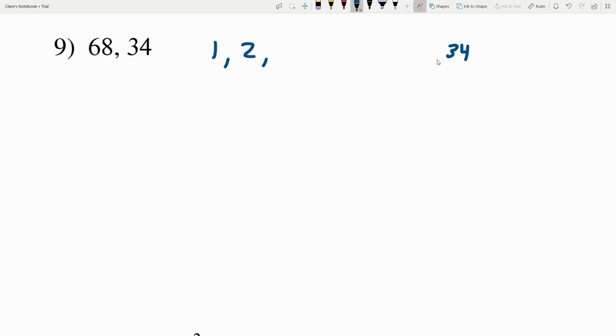Moving on to number 9, I have 68 and 34. Both are even, so I know that 2 divides them. Let's write out those factors of 34 at the start though. So that's 1, 2, that would be 34 and 17. And no other number divides 34 evenly between 2 and 17. So 1 divides 68, 2 divides 68,